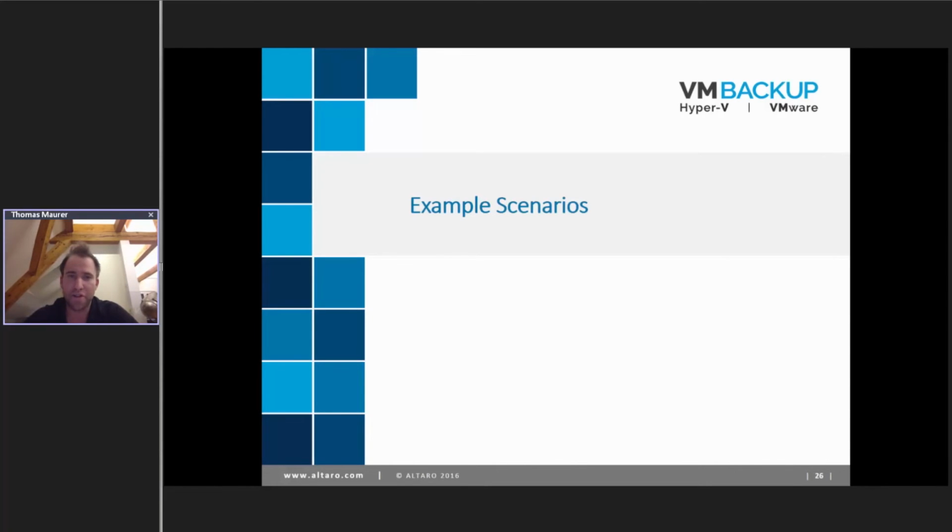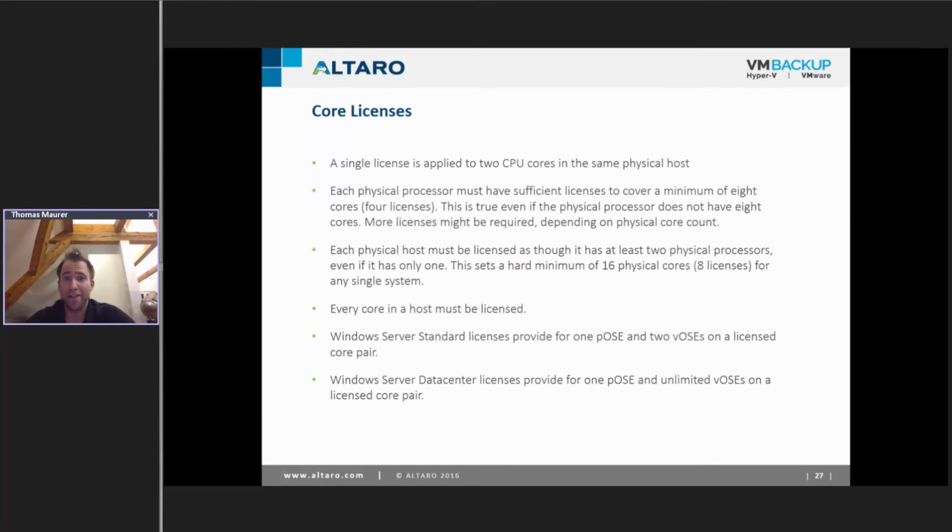We will go through a couple of scenarios here. Again, this is a short overview. I will not go through each of those points now, but remember that it's really special that we have to license the cores and then get licenses for the virtual editions and get licenses for the Standard or Datacenter edition. One thing though, if you license Standard Server, you get 2 virtual instances. If you license Datacenter, things get a lot easier. Of course, it costs a little bit more, but you get more features, things get easier, and you can deploy more virtual machines as well.